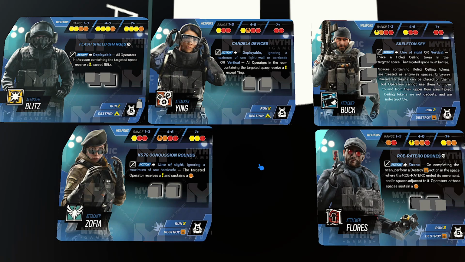Over here we have Buck. I've mentioned it before, I think Buck is just a superb supportive operator. He does have very good close and medium range. He has this orange destruction. But that being said, the way that I use him is more as a support role, not very aggressive. And especially given his ability, you want to make sure that you're getting his ability off